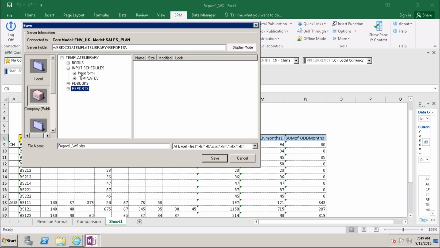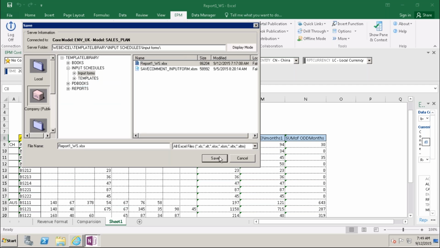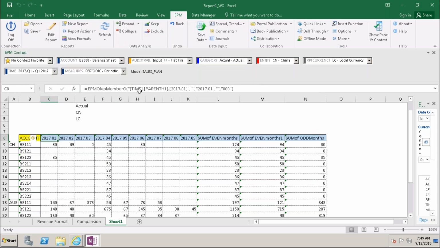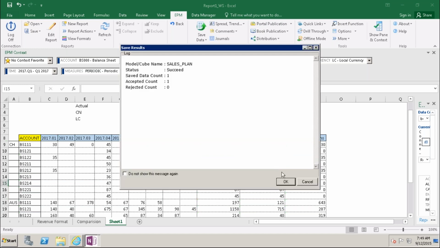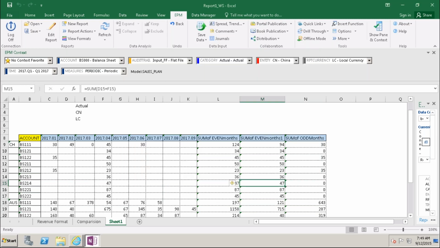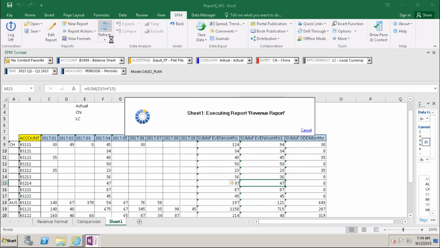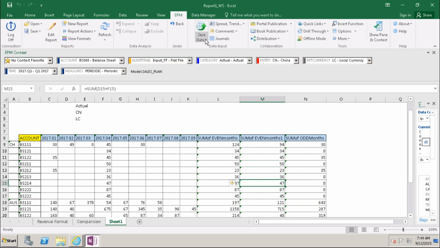Sorry. I save my input form. Now I'm trying here 35. Already it is approved. I'm trying here to save. It should reset. This is for which China region? 2017-01.